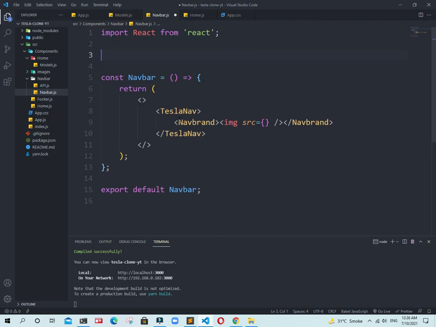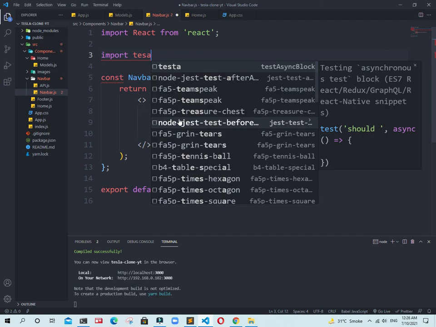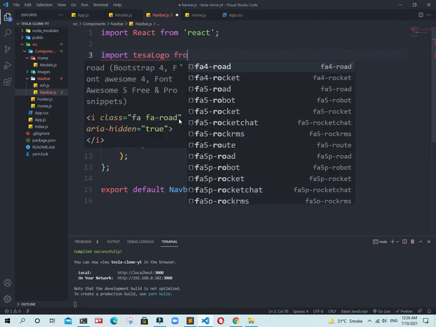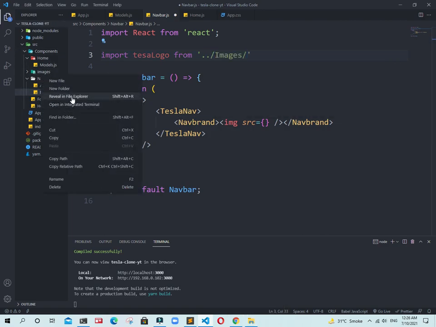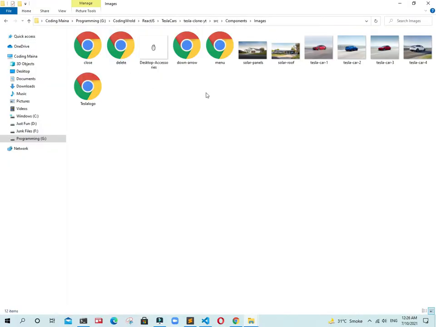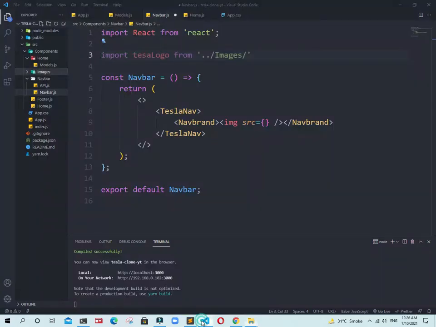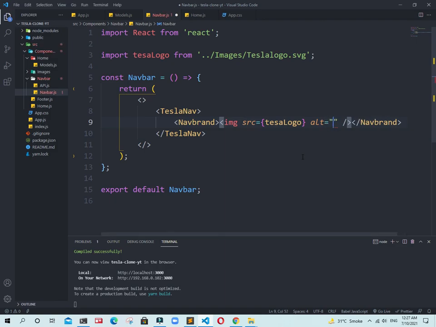So I am importing the Tesla logo from ./images, where there is our logo, tesla-logo.svg. Now just add the selector, an alternative name for this one: Tesla logo image.